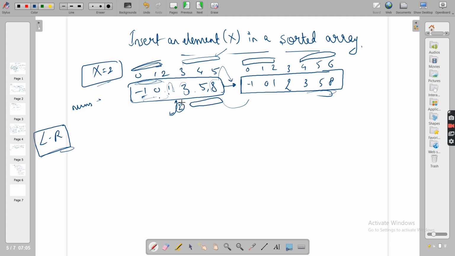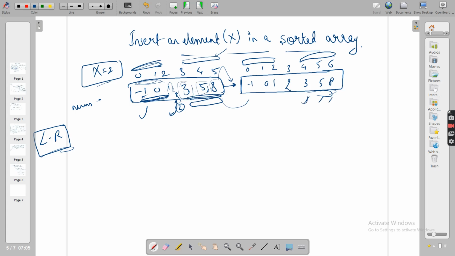So 2 will come in between here, and these places will be shifted right. For -1, 0, 1 you are not changing their positions, but still you are doing comparisons. For 3, 5, 8 you are changing their positions one step right, so checking them is all right, because you have to move them one position right.